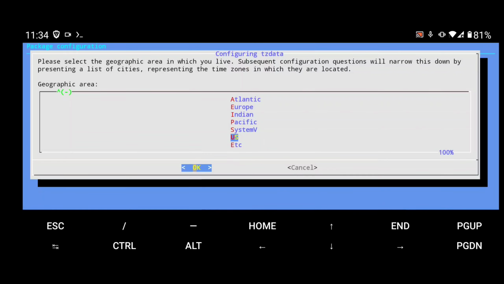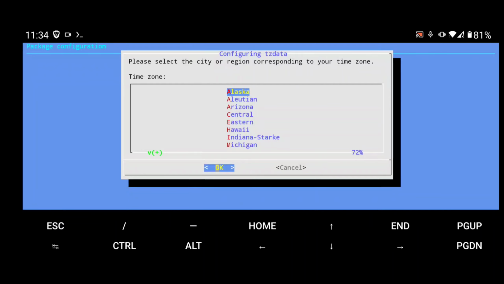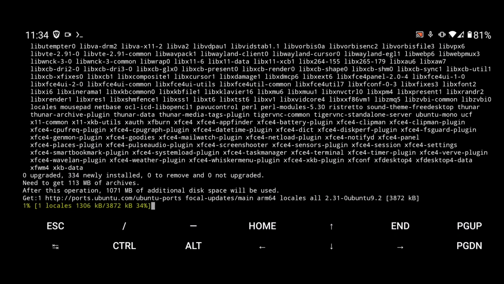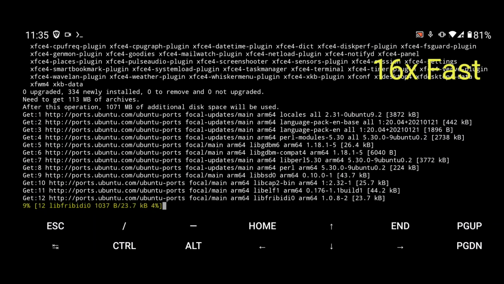Now for time zone and time data, you can select any. I'm going to select US and just press enter. Now again scrolling.